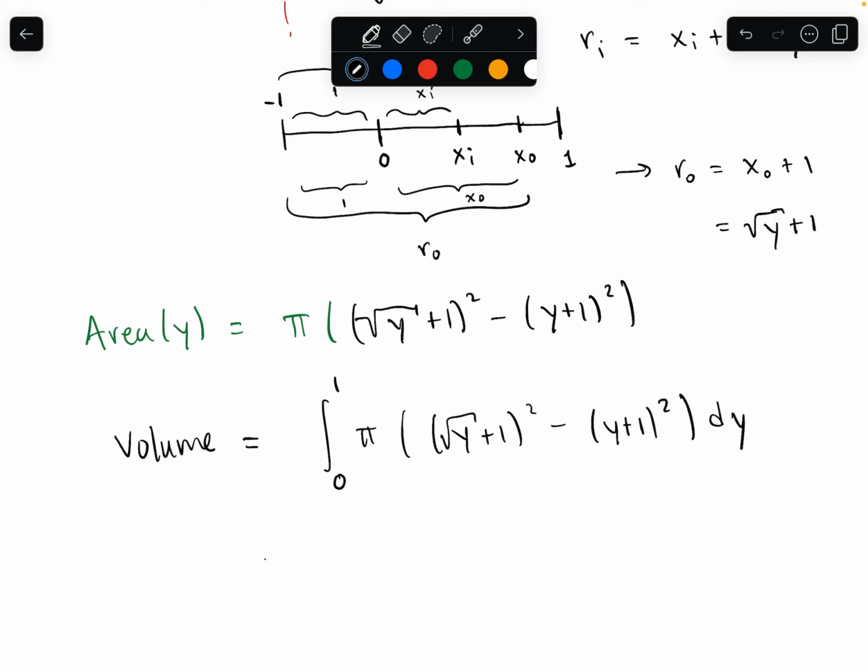And then you just finish computing all that stuff out. I'll leave that to you as an exercise. At least that's how you set it up. Okay. So what's the key takeaway here is that